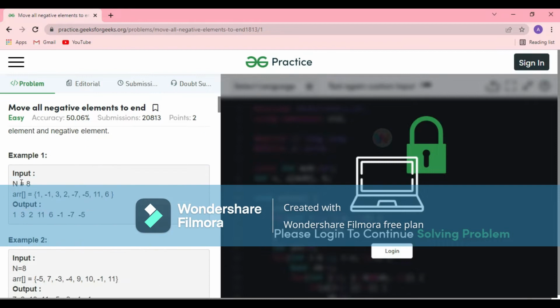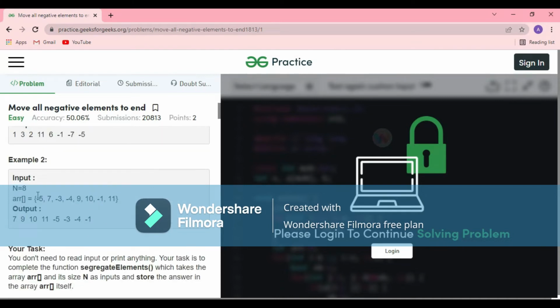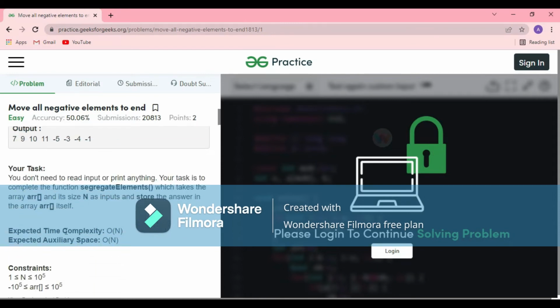Here you can see the example. The size of the array is 8 and the elements are as follows, and the output has the positive elements at the beginning and the negative elements at the last. And example 2 is something like this. We have to print positive elements at the beginning and negative elements at the last,